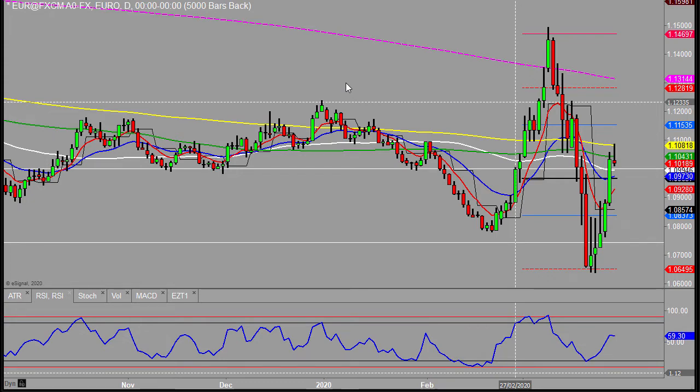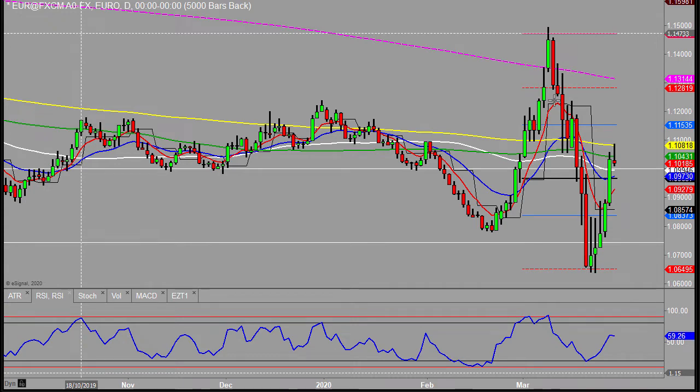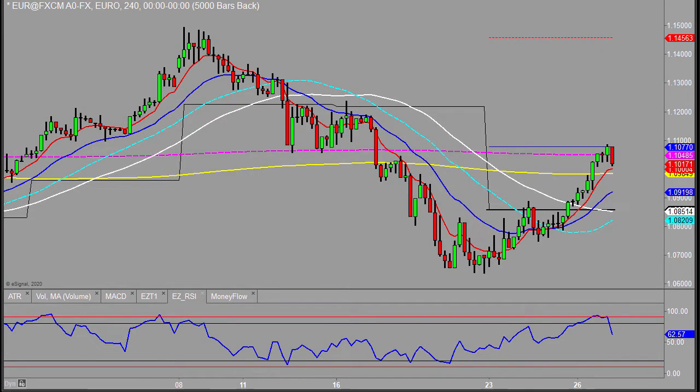So looking as usual and starting with the euro dollar first. Overnight we've seen this sort of shove up to the daily 200, sold off a little bit. There is a bit of uncertainty now, dare I say it, in the markets with how the vote will go and the process of this vote in the US House later today or at some point today. So I would imagine that the vote will be passed,